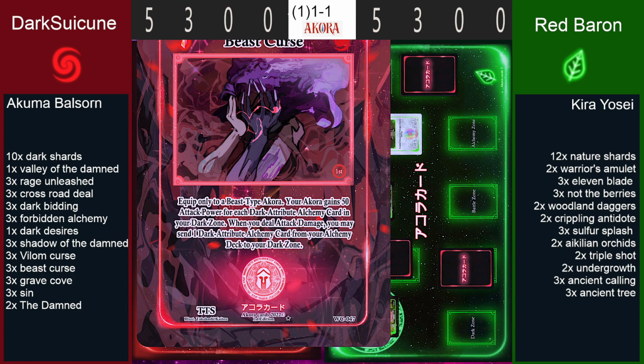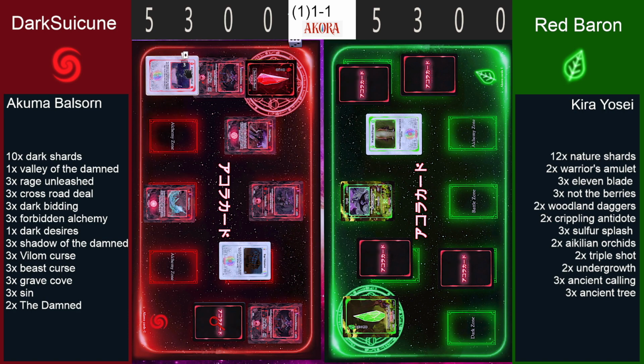Looks like he's going to activate something from here. And he sends a Crossroads Deal to his Dark Zone. Ancient Tree coming out, gonna grant him an extra 100 attack points. And it's gonna be Suicune's turn. I'm not sure why there wasn't a swing there. Oh no, there was a swing. So for 350,